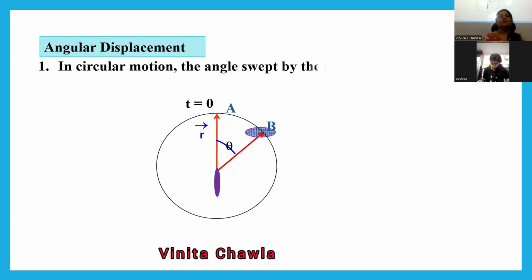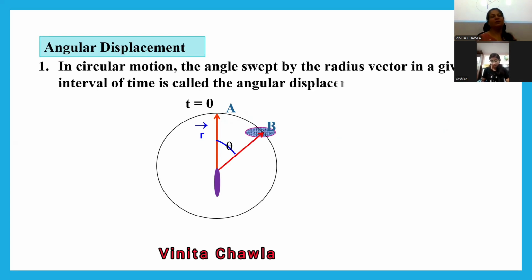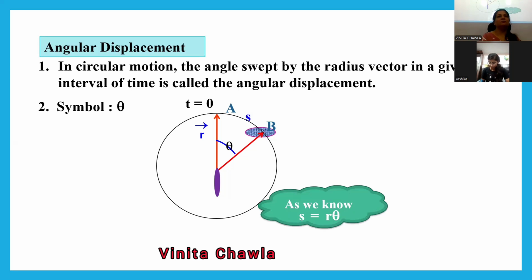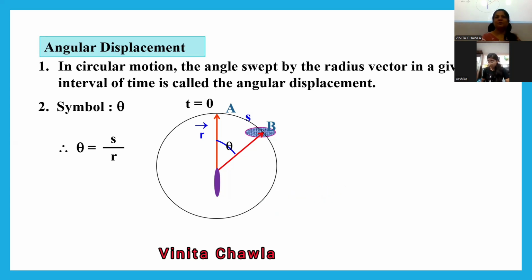Okay. So in circular motion, the angle swept by the radius vector in a given interval of time is called angular displacement. Symbol is theta, and as we know, theta is L by R, right? We have done this formula. So S or L, whatever we write, is R theta. So theta is S by R. S is the length of arc AB. R is the radius vector, and theta is S by R. You can see both S and R are lengths, right? We are dividing length by length. So dimension of theta is